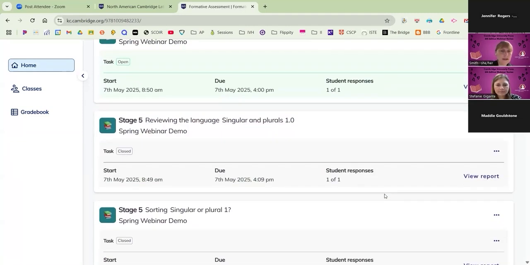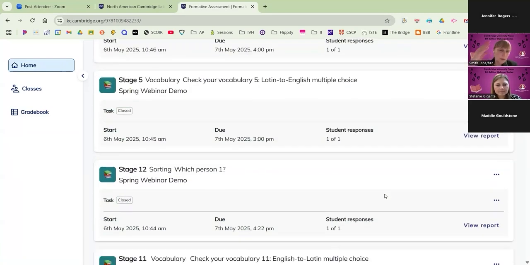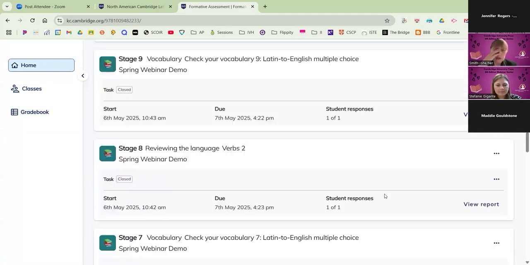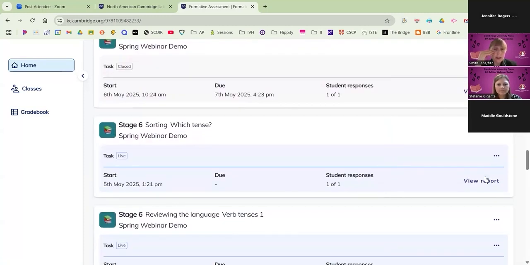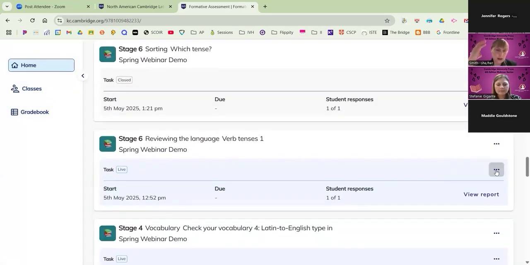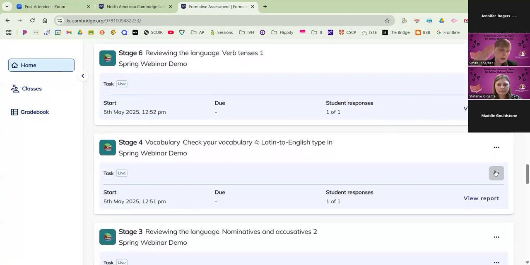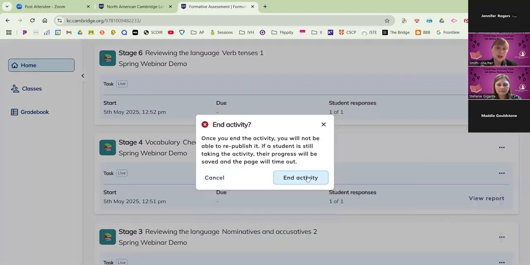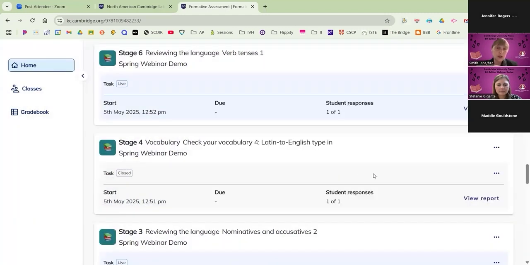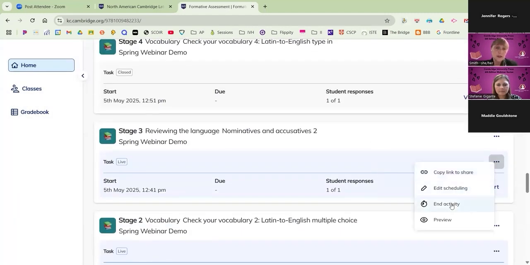One of the things I was going to add, so I think these sorting activities are particularly helpful for gathering very quick data, both for you and for your students. And I say that because it's a quick and easy check to see if students understand the patterns that are going on. And it's a first step into helping students if you do push into more things like Latin composition, and you want to make sure that they're really getting the endings correctly. So not skipping that step is actually a crucial foundation for providing students understanding of material.